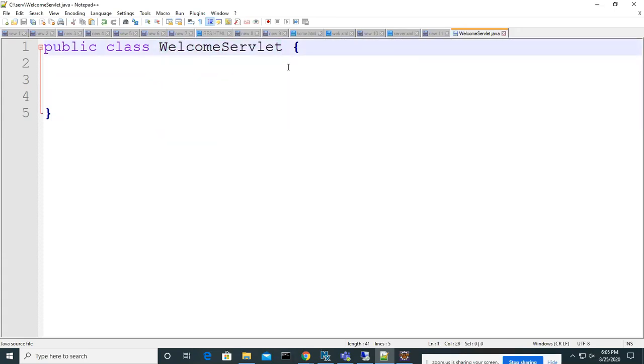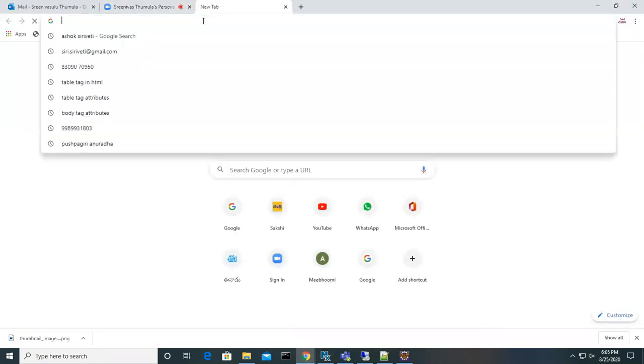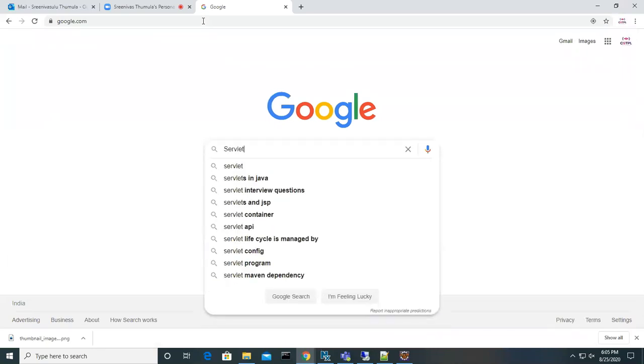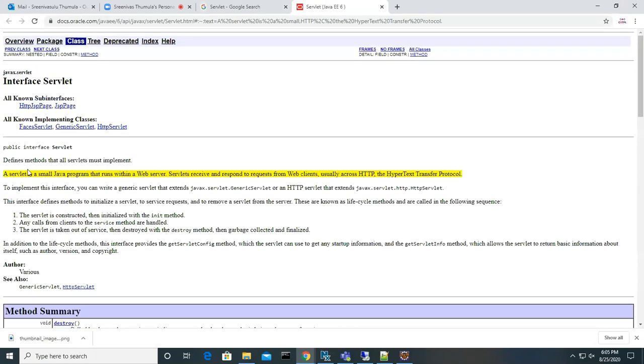We can call it a servlet program only if the class implements the servlet interface. If you go and see the servlet document, it's not a class, guys, it's an interface. So this is the servlet API.